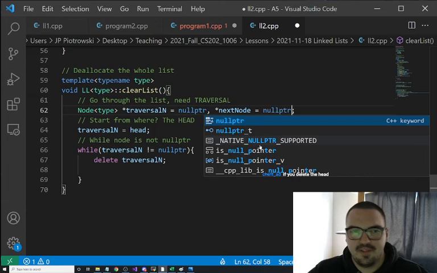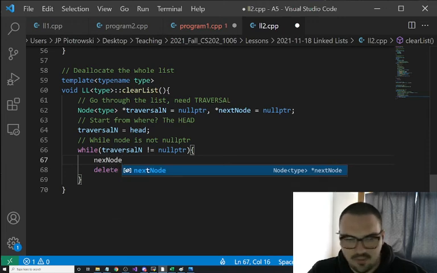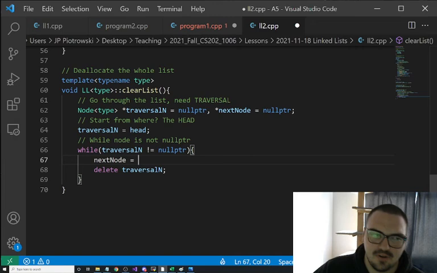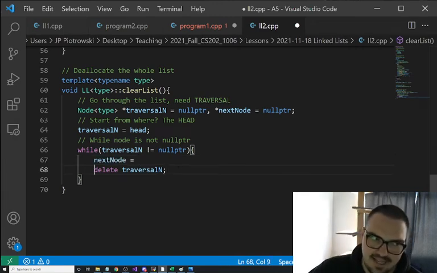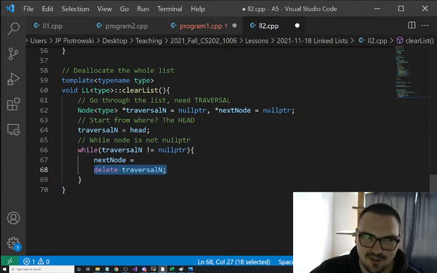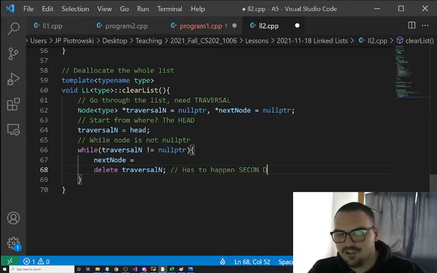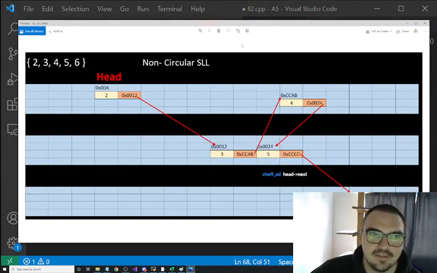Now, assume this. Let's say before I delete it, I want to get to the next node. I want to say, hey, next node is equal to what? What does that look like? Does anyone know? I'm so proud of you for knowing that. I intentionally was a little sneaky there. This has to happen second always. Don't delete it first. You still need stuff out of there, right? Remember, the moment I delete this,